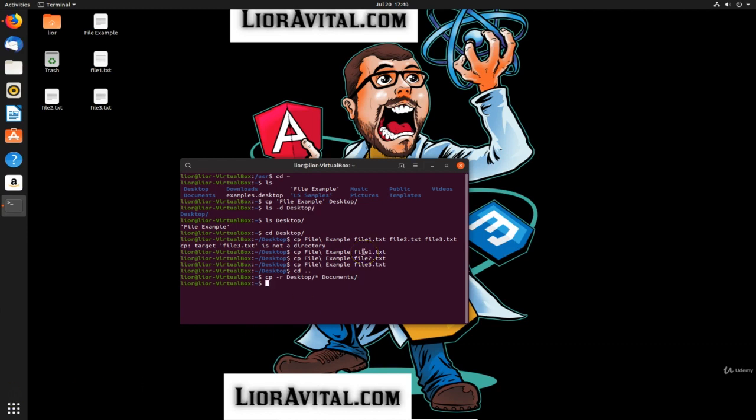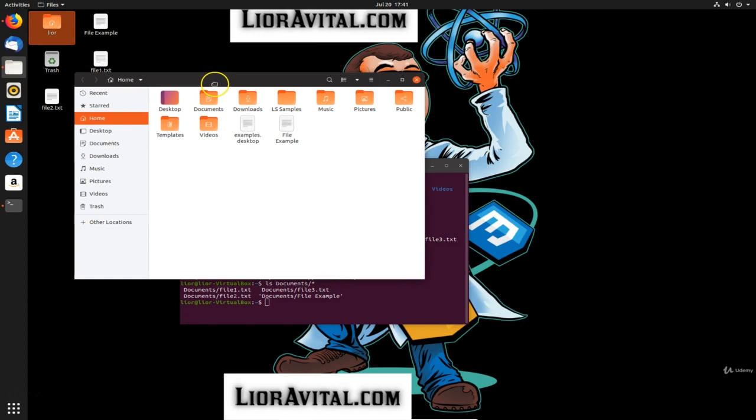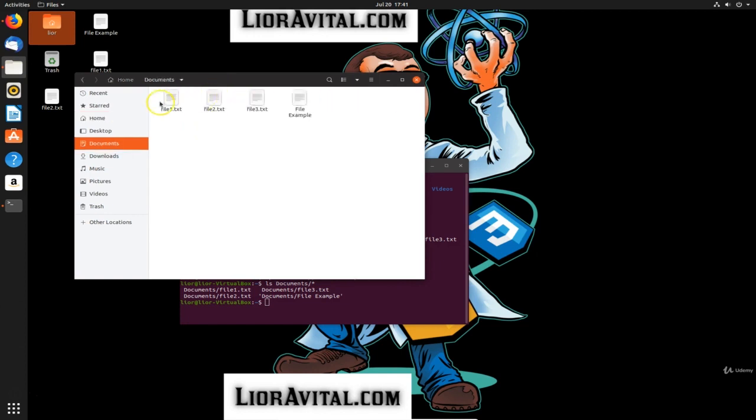Alright, so we copied the folder's content of the desktop folder into the documents folder. So let's use ls to see what we have in the documents folder, and we have 4 files as expected. Let's also see in the graphical user interface in the file browser that all the files were copied